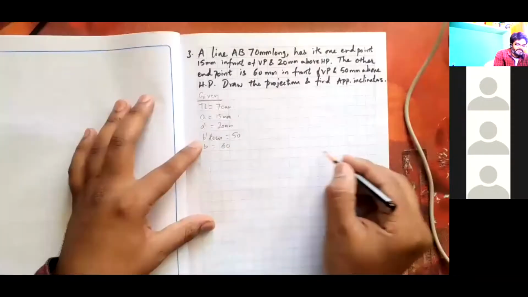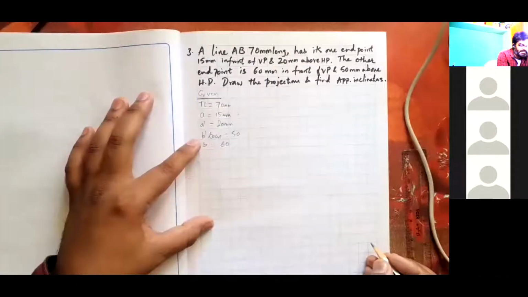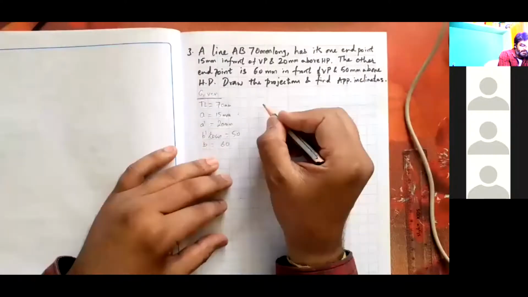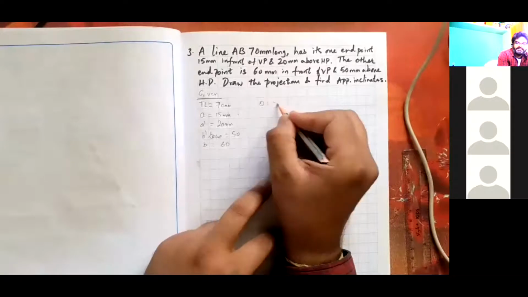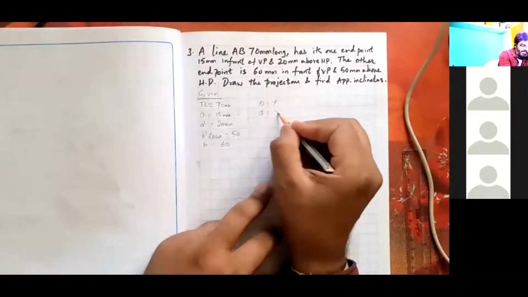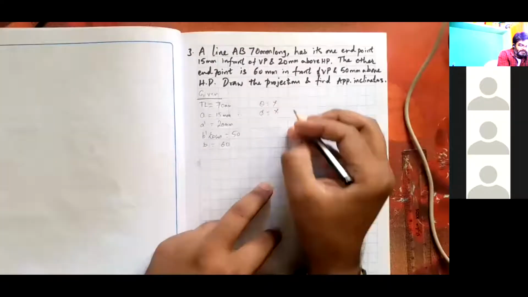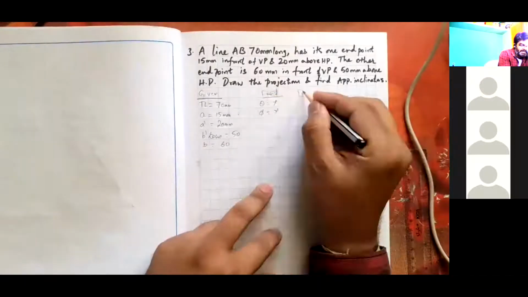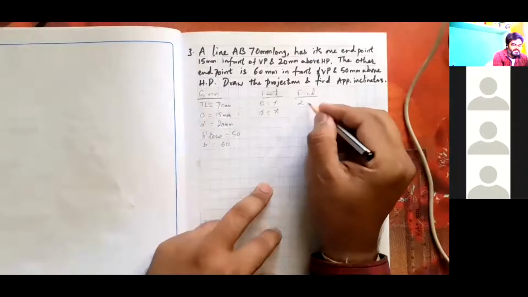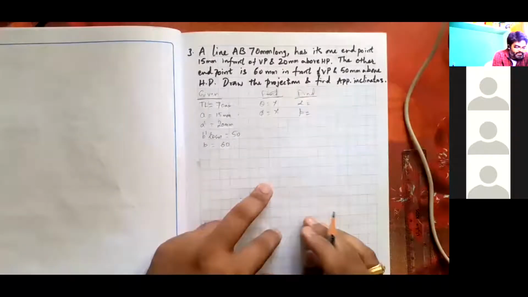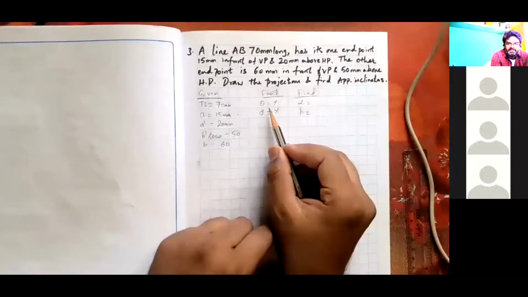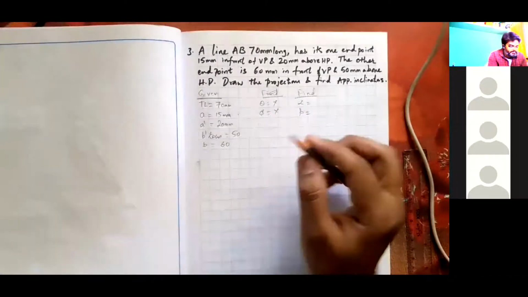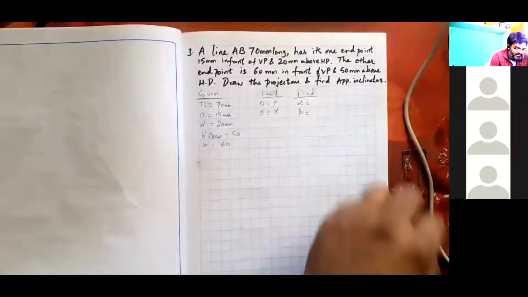I have represented it. And what else is given? Nothing else is given. Theta is not given. Phi is not given. So I have to find this. Find apparent inclination means alpha and beta I am supposed to find out. But as you know from the previous cases, true inclinations are not given in this problem. Directly, the position of endpoint B is given. So let us start with the problem.